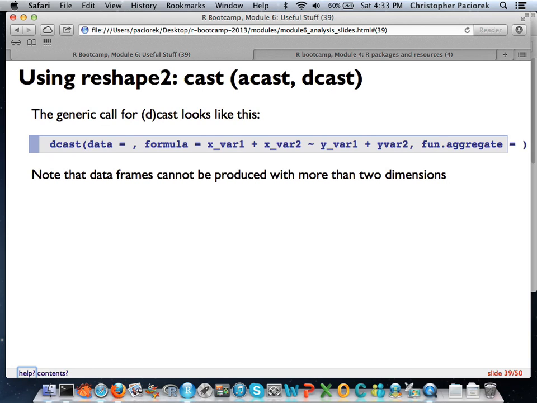So the default, just so you're aware of this, is it's going to put in the length. So if it's got 50 different possibilities that it could put in here and you don't specify some sort of aggregating function, it's just going to put in 50, regardless of the content of those actual cells. So this is something you need to be careful with. It won't always warn you about this, depending upon the settings. You can set it such that it will warn you, but just be aware. If you're trying to cast a subset of your total variables, you either do need to explicitly specify the subset somehow, or you need to be prepared to come up with an aggregating function.